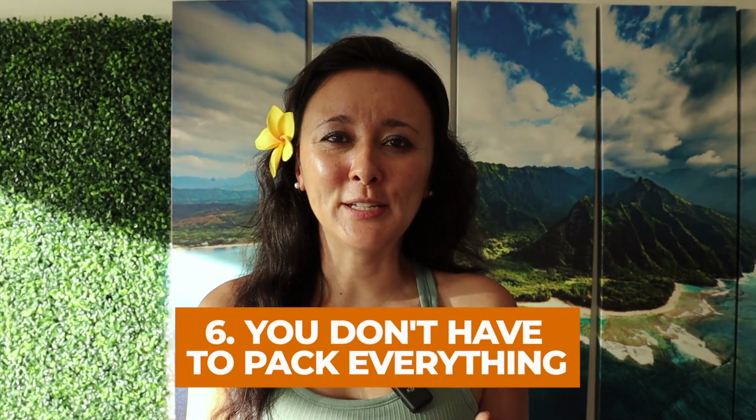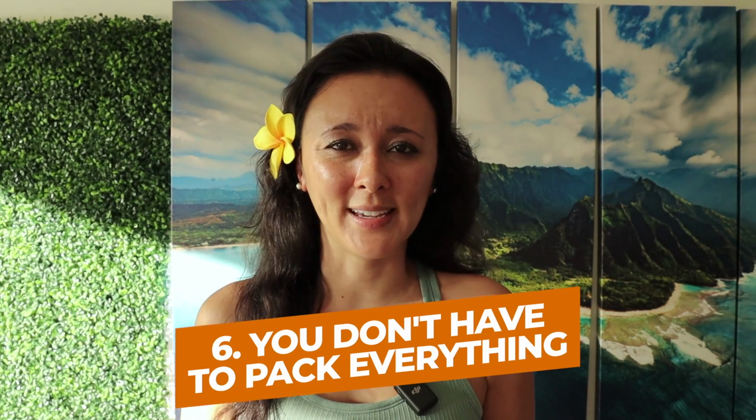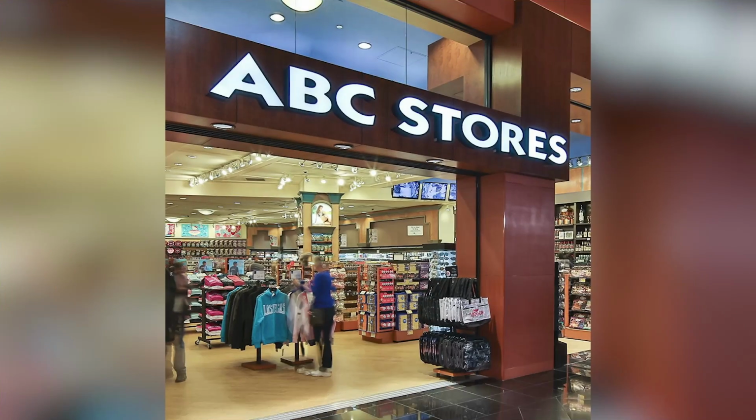Tip number 6 is to know you don't have to pack everything. If you forget something, you don't have to worry. You can most likely purchase it here. Most hotels have convenience stores, and there's also ABC stores on every single block in Waikiki. In fact, there are over 50 ABC stores. If you haven't been to an ABC store before, an ABC store is kind of like a cross between a 7-Eleven convenience store, a Target, and a Walmart. They have everything from sandwiches, drinks, clothing, sunscreen, souvenirs, everything that you might possibly need while you're here in Hawaii